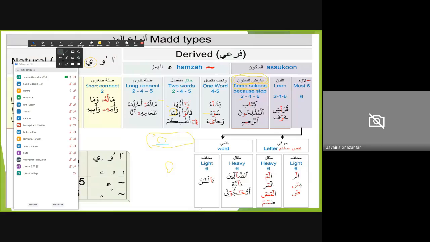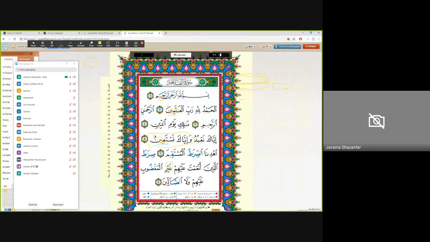Okay, can you see the clue on the screen? If I put a temporary sukoon and I stop at the ghair, so what is this going to be called? This will still be lean, but if I stop here, if I put a sukoon here, then this becomes mud lean. Right? If in case I'm stopping here, but if I'm not stopping, then still this is lean. This is a lean letter, yes. So that is something good that you told me.